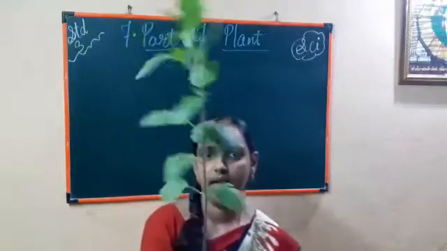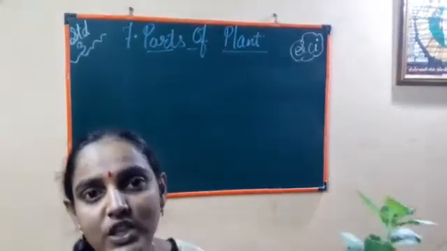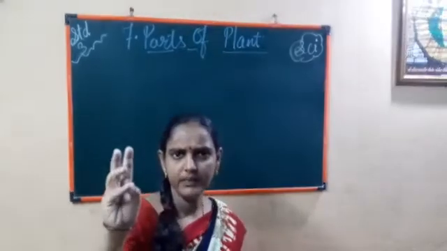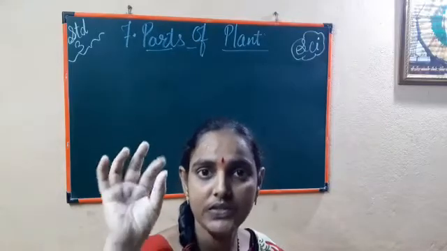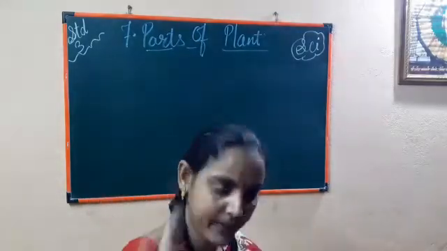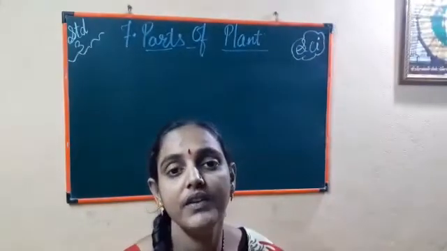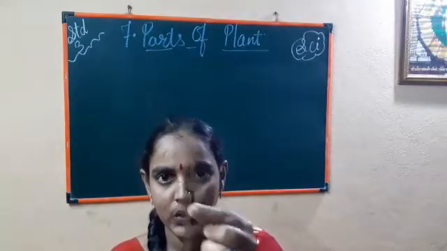Shoot includes many parts. Shoot includes the stem, the leaf, the flower, the fruits, the seeds, or many other things. Shoot includes totally 5 parts: for example, bud, flower, fruit, stem, and leaf, okay. And the root has one part, that is root only. So today we are going to learn deeply about this root.